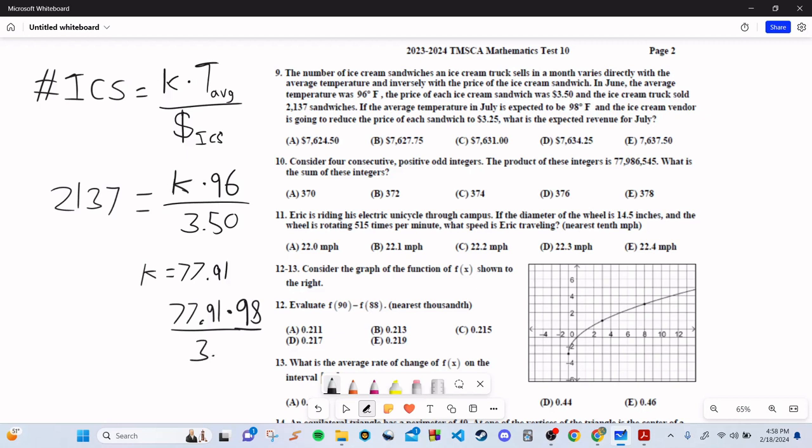And we're going to reduce the price of each sandwich to 3.25. We want to know what the revenue is. So the way we'll calculate the revenue is first we need to find the number of ice cream sandwiches. So that would be calculated by doing this calculation. So if we run the numbers, we get